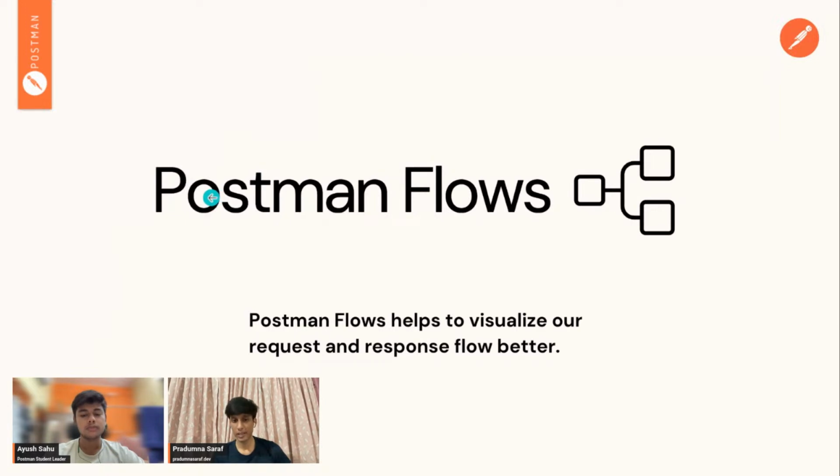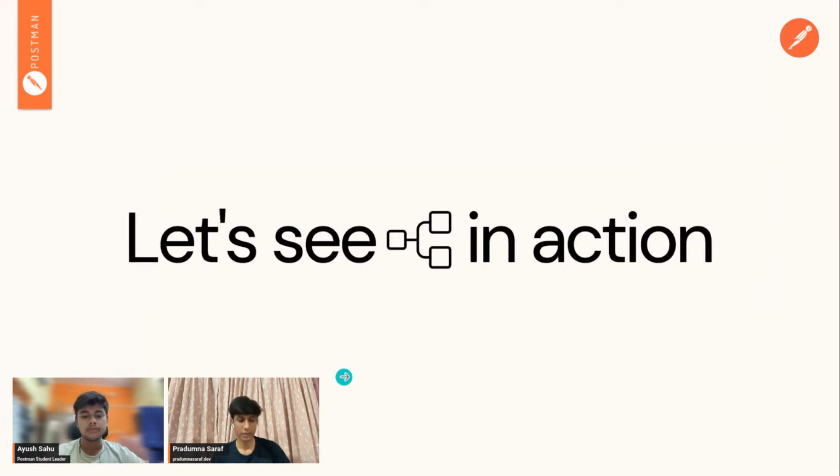So basically, a Postman flow is a way to visualize your data better. What do I mean by visualizing your data better? When you create a request, you get a response. The response contains many things, like header as well as body, and the body can be complicated, with different objects, and different objects have different keys and parameters. So to visualize the important stuff out of the response from the request, Postman flow is a good way to do that. So let's see it in action.